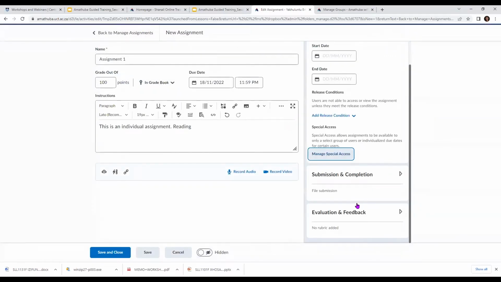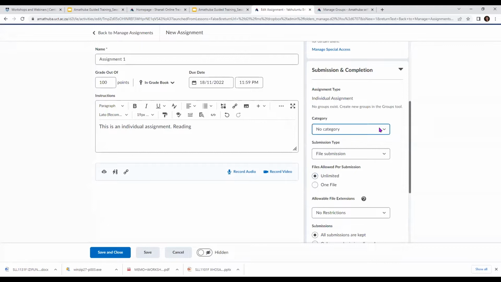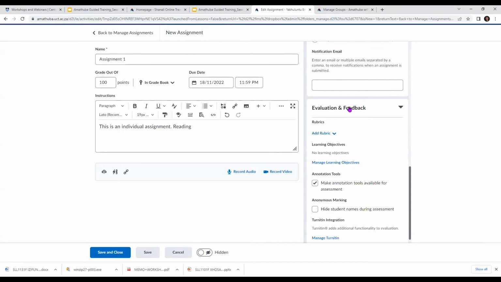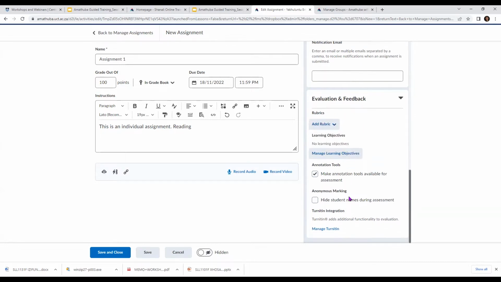And then there's also submission and completion. It's an individual assignment, and category would be the groups, sort of, are there groups within this assignment, and then the submission file, and how many files they are supposed to submit. And then you also have your evaluations and feedback. This is where if you had an existing rubric, you can link a rubric, or you can create a new one, and you can also